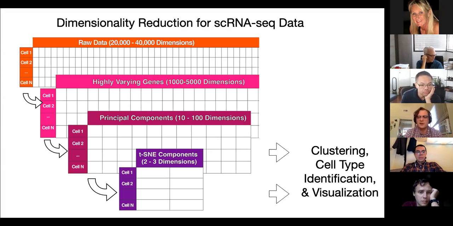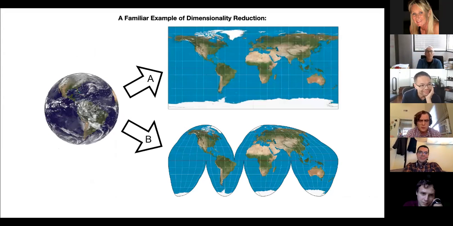And what's typically done is that the clustering and the cell type identification and most of the analysis is done after principal component analysis or after t-SNE. But there's a problem with that. And to see why that is, consider the example of the 3D Earth being represented on a two-dimensional map. If you want to represent the whole surface of the Earth, you either have to blow up some land masses like Greenland, so that it appears much bigger than it is, or you have to tear the map so that one part of Greenland is way on the other side of the map than the other. And so when you